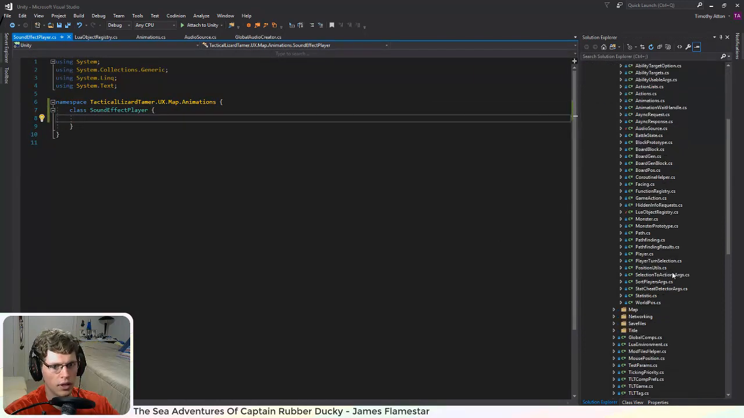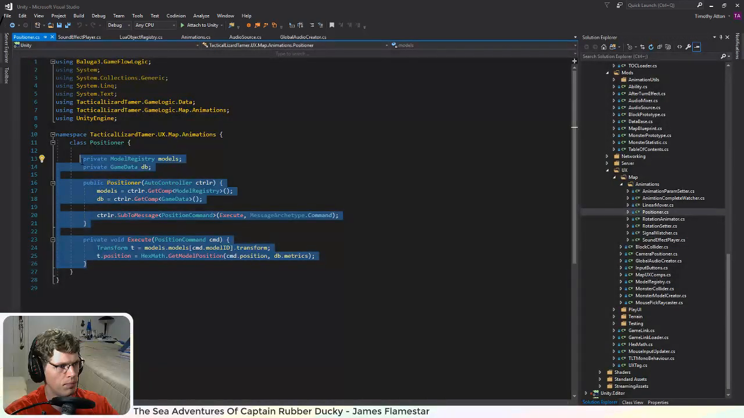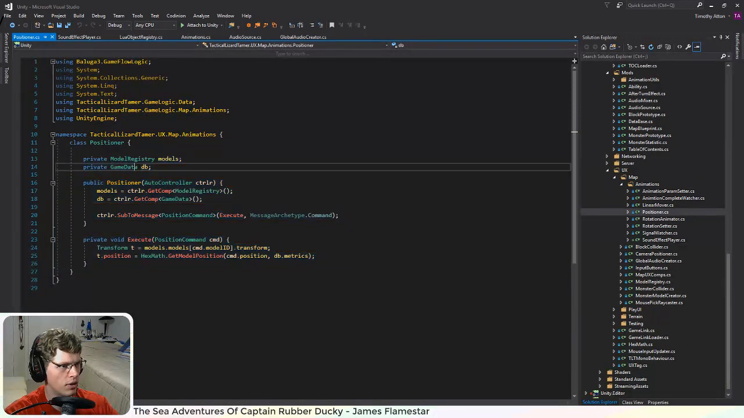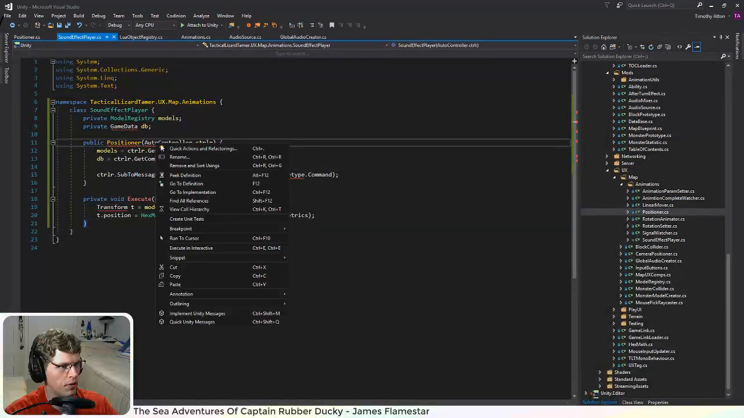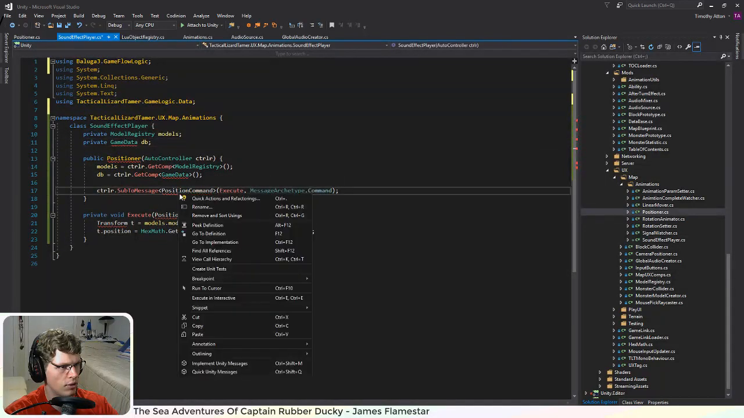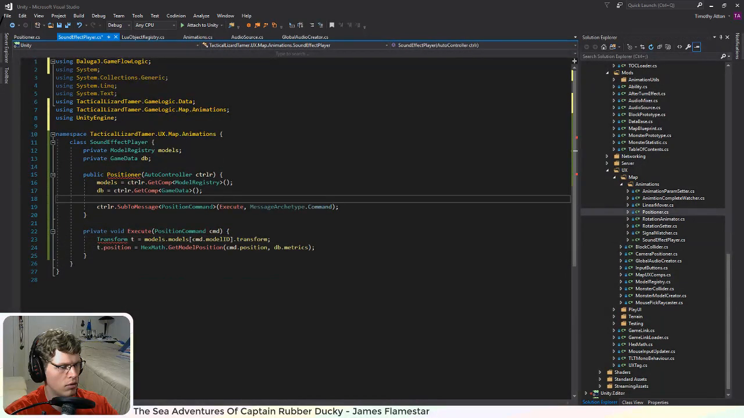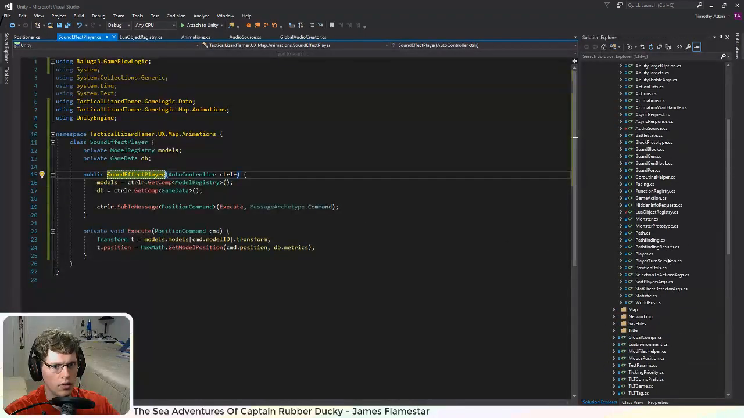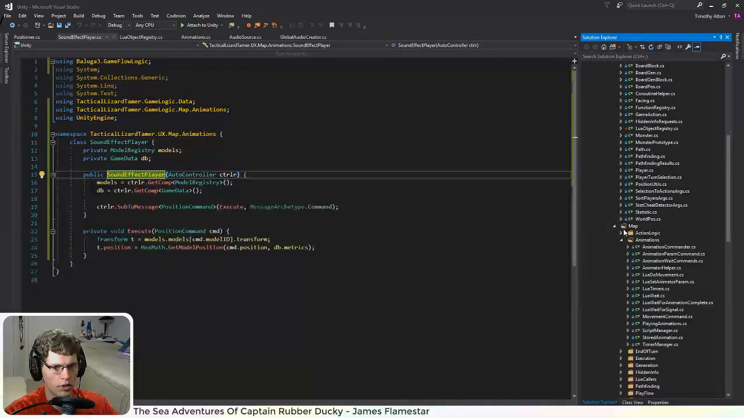Okay, so it's going to be a lot like the positioner. It'll just be some class that will deal with a specific command to play a sound file. Or I guess I should say audio source. But we don't want to use a position command, obviously. Okay, so let's move back to the animations, and we'll just make